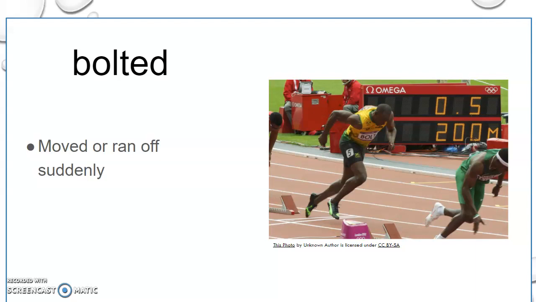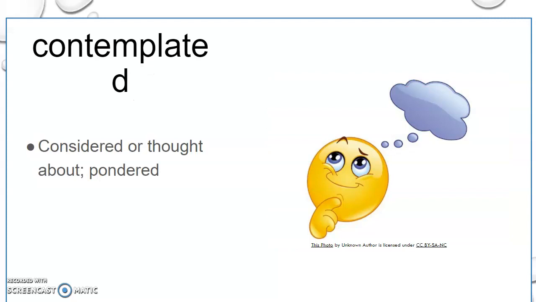Bolted. Oh my goodness. I know you guys see Usain Bolt right here. Bolted means moved or ran off suddenly. Right, so how many of you have seen those little geckos on the ground? Those little small geckos that run around outside on the ground. When I try to go get close, they bolt. It bolted away from me. Right, so that is an example of bolted. It means moved or ran off suddenly. Again, don't worry, and bolted is a verb. A verb shows action. Don't worry if you can't write all this down right now. Remember, I'm going to put it up on your Schoology so you can take your time.